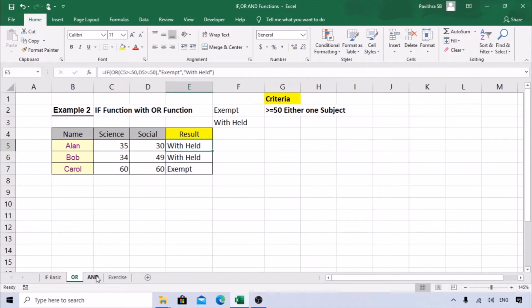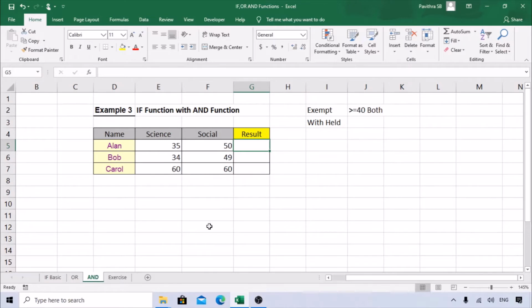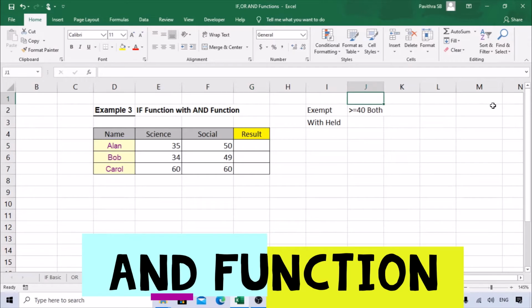Let's move on to the AND function. Everything is the same but the criteria changes here. Same thing, example 3, we have these students, we have science and social marks, we are trying to find the result here. And what is the criteria here? The criteria is both greater than or equal to 40.